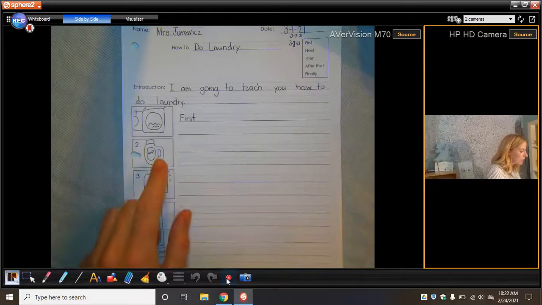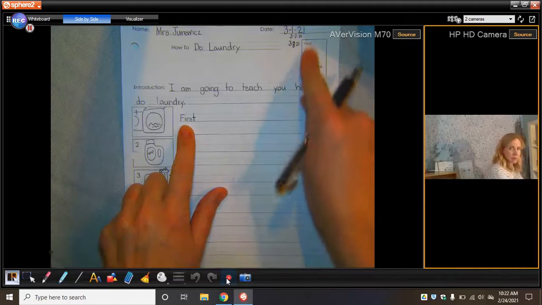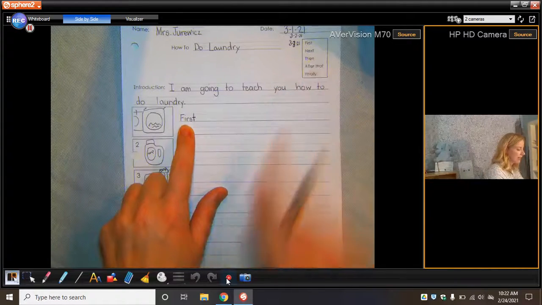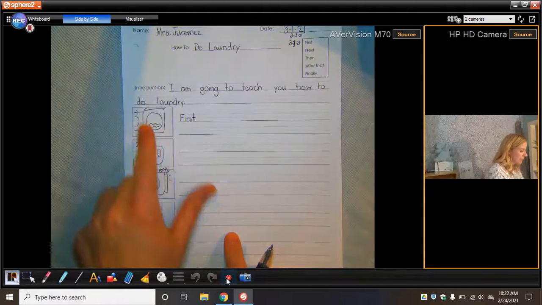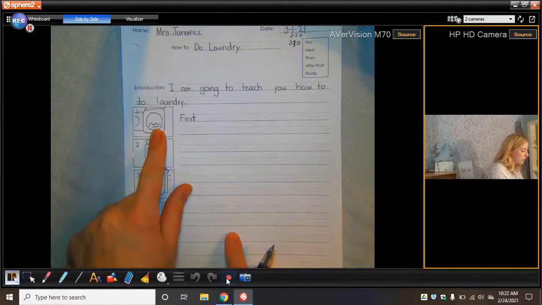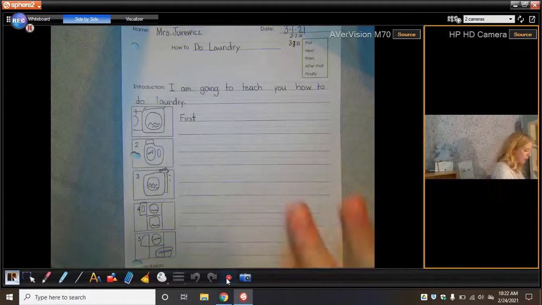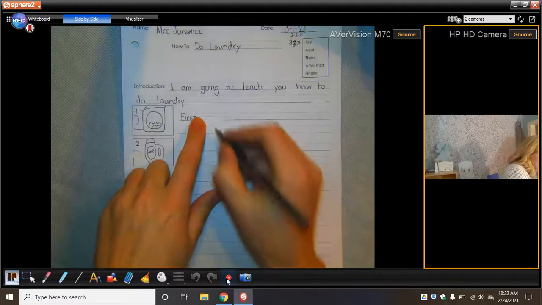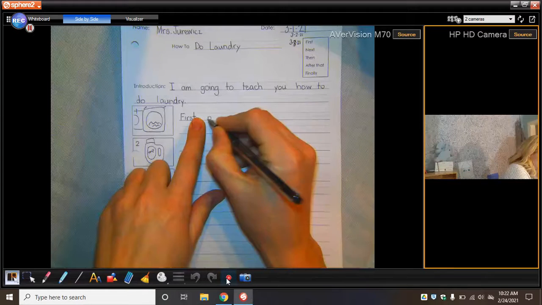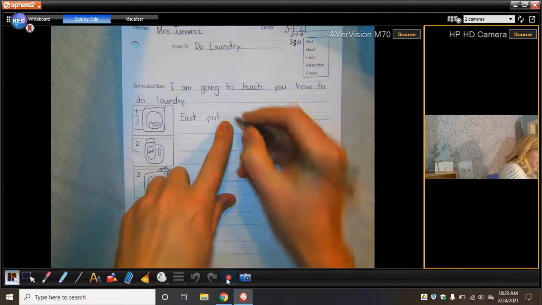Now, I need a verb. My sentence is going to have my word for steps, and then it's going to have a verb. First, and what was the thing I wanted someone to do? I wanted them to put the clothes in the washer. Oh, okay, so I thought this up. Now I'm going to write it down. First, put, little space. Put is funny. The U makes a sound. We call that a schwa. First, put the